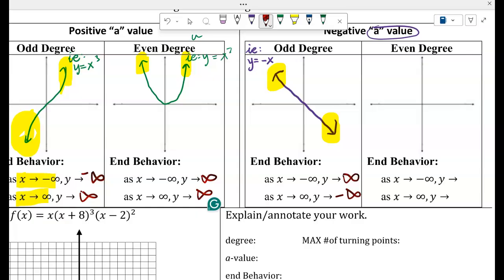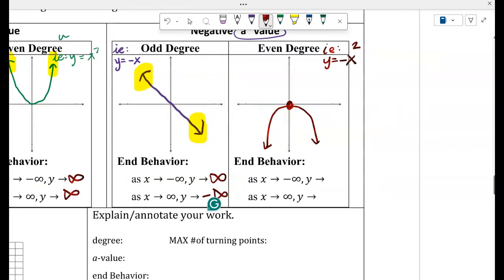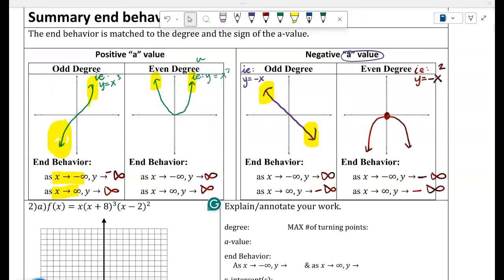Similarly, guys, when we have an A that's negative, for example, y equals negative x to the 2nd power, isn't that opening downward? Yes, you are right, it's opening downward, meaning that both y values are going to be down and down. Doesn't matter if x is positive or negative. So negative infinity and negative infinity. So guys, if you can sketch a really fast graph of these odd degrees and even degrees, with A positive and A negative, then all of your end behavior are really going to be